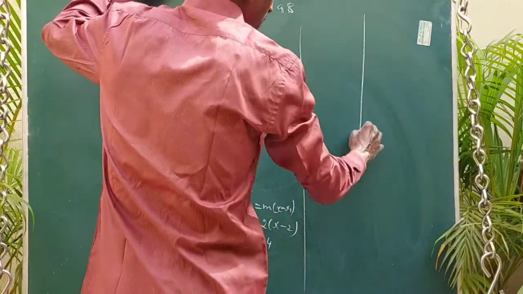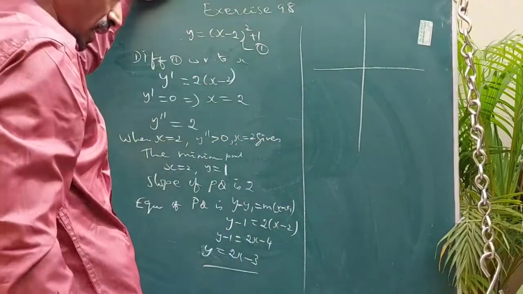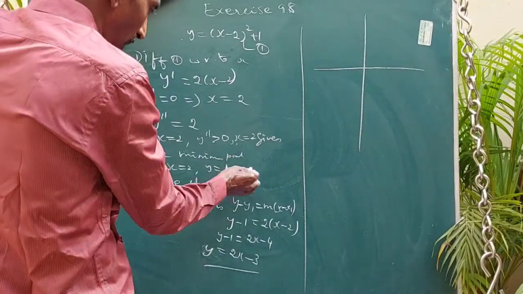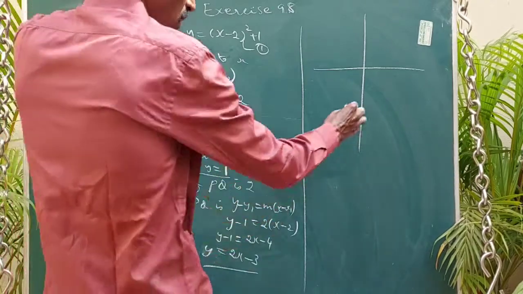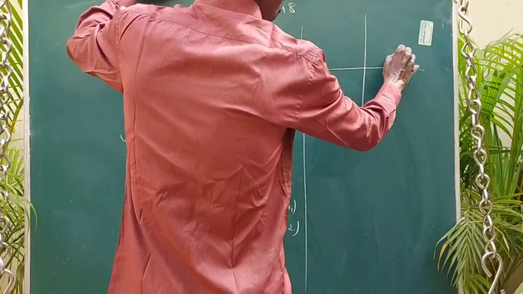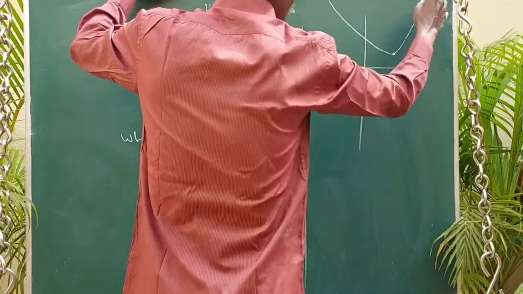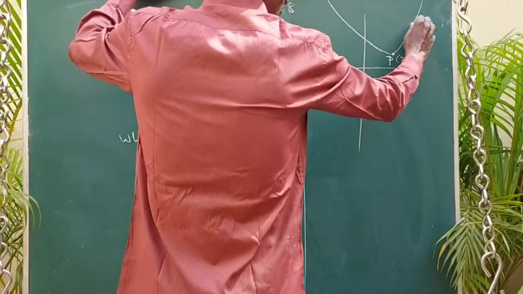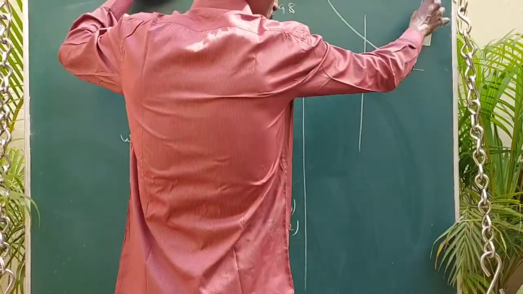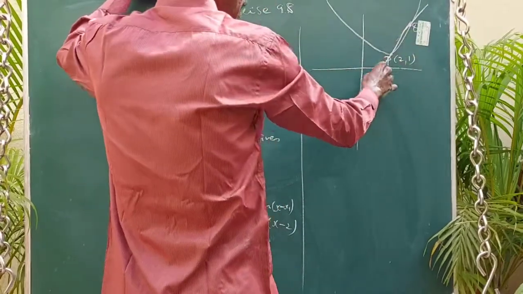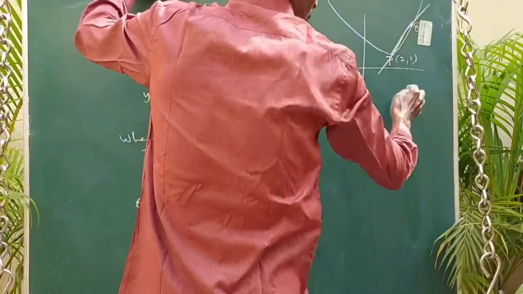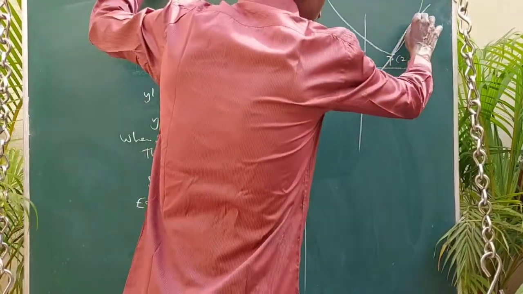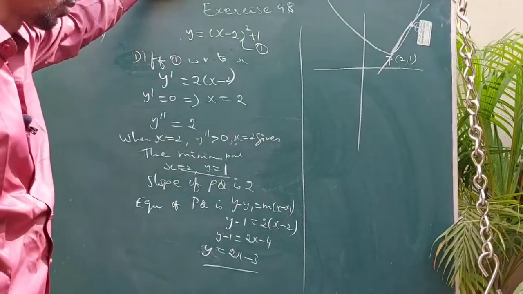Listen my dear student. The curve is a parabola opening upward, but its lowest point is (2, 1). The minimum point is (2, 1). It lies in the first quadrant. So the parabola opens upward and the minimum point is (2, 1). So this is P given in the question. Again Q is on the curve. So this is the chord PQ. Just now we found the equation of PQ. If you want the point Q, again solve both the curves.